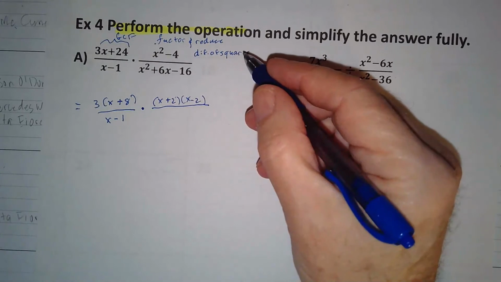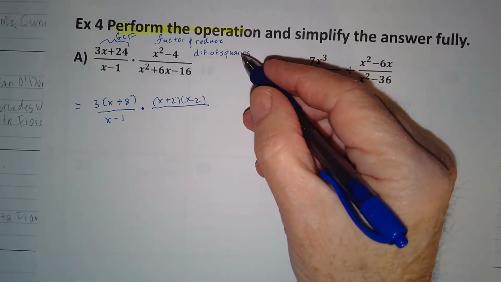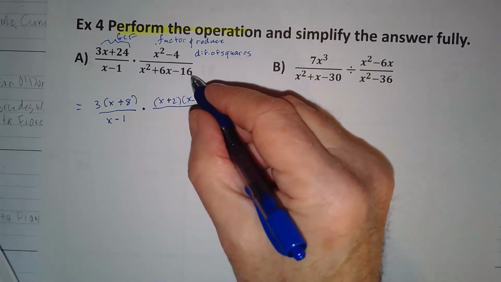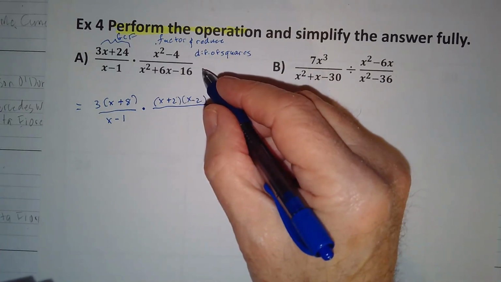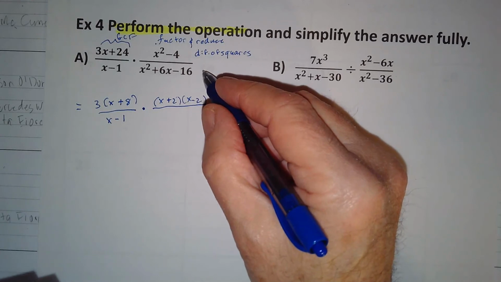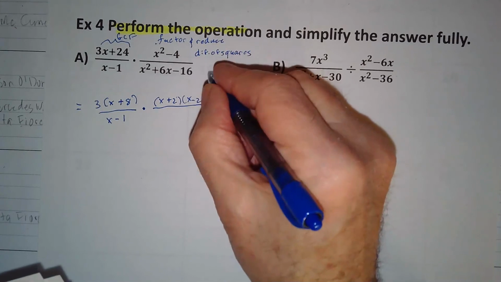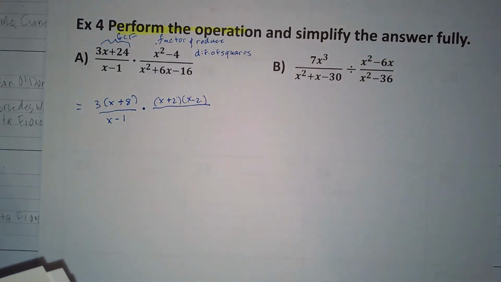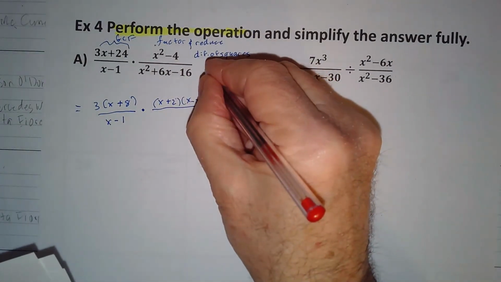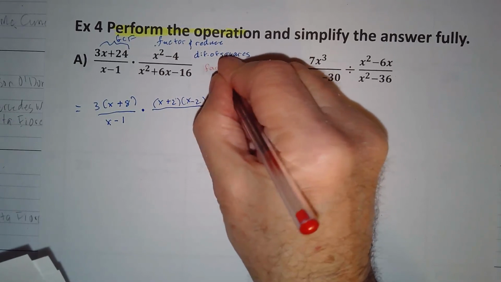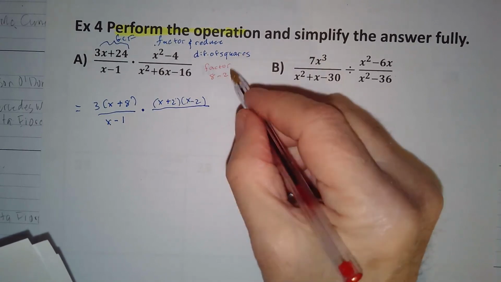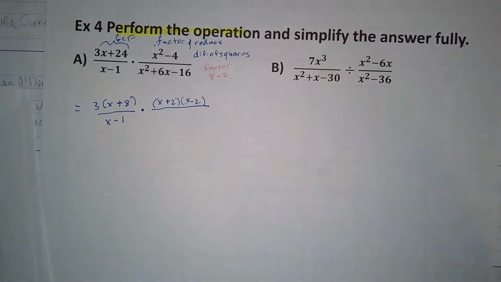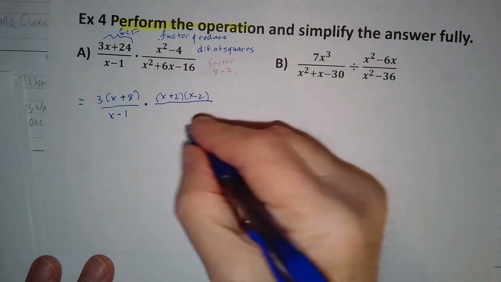And so let's see here. Times what equals negative 16? Negative 4 and 4. 8 and negative 2. We could use 8 and negative 2, because 8 minus 2 is 6. All right? So we're going to set this up as,